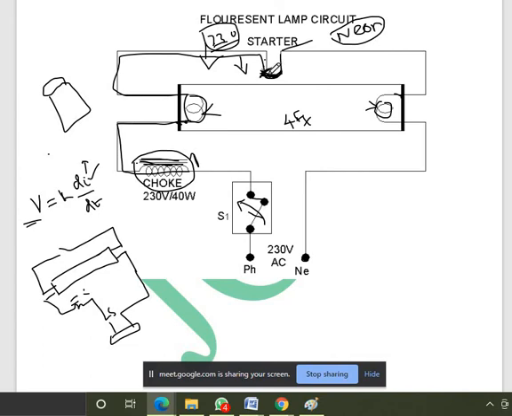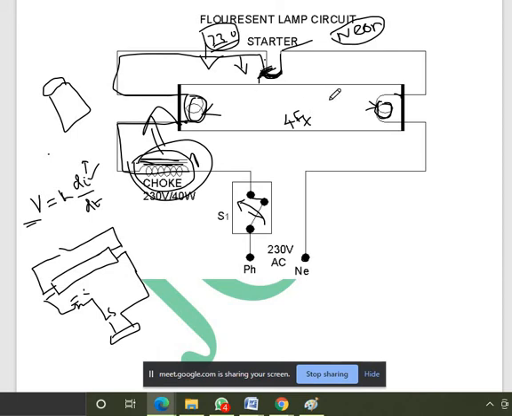At that time the touching contact should open. Whenever the bimetallic strip opens, the circuit is suddenly an open circuit. At that time the choke will induce a huge voltage, and this huge voltage is applied across the two ends of the filament.